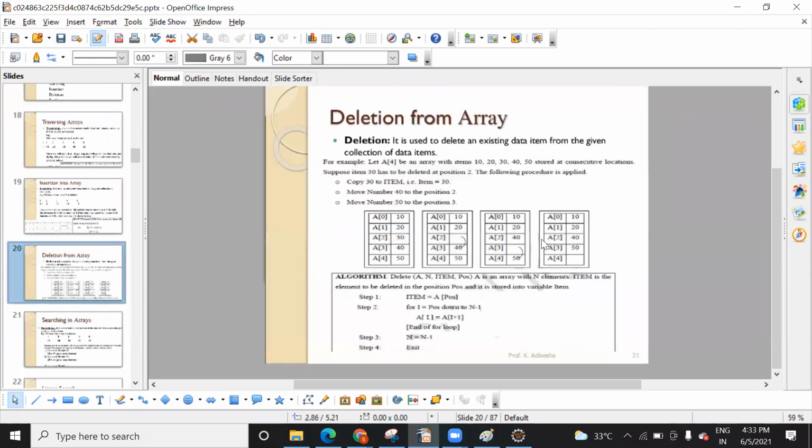Similarly, deletion is also like that. In case of deletion, you need to move element plus 1. Say you take I minus 1, so the element at index 3 you need to take to index 2, right? So here minus 1 will come.